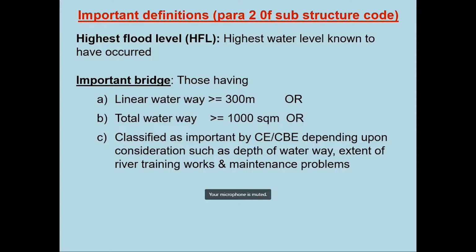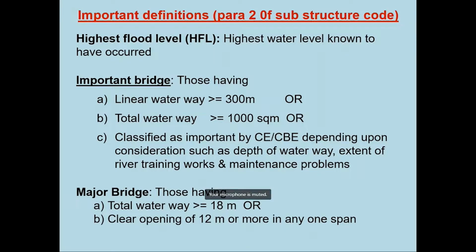So this is the standard practice, and the CBE or chief engineer has been empowered that in case he finds that some bridges are more vulnerable or very important, then they can increase the design recurrence level from 50 years to 100 years. Means in 100 years such a flood